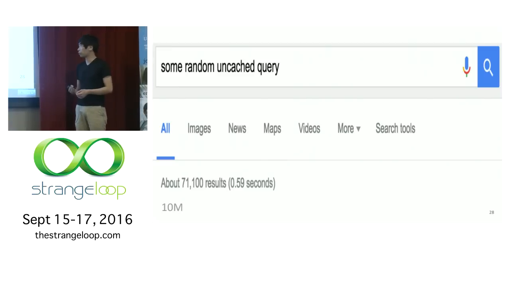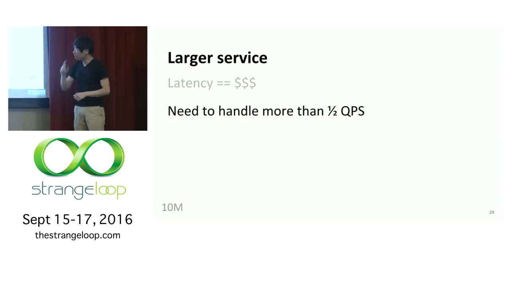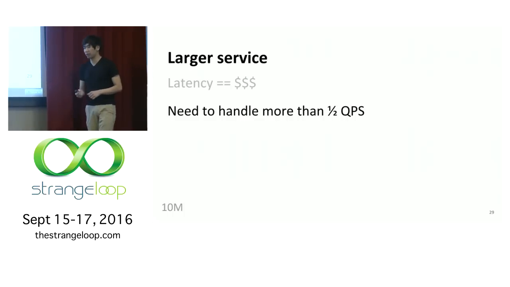If you want to do the budgeting for a service like this, and you want to look at the service, that is the actual computers that are serving the query, that actually have a list of documents and return the documents that match, you actually only have a few milliseconds to do this, right? So something like this, 2 seconds is definitely not OK. So what can we do? Oh yeah, the other thing is, right, half QPS, this is also not OK.